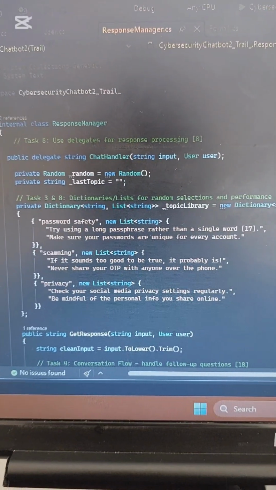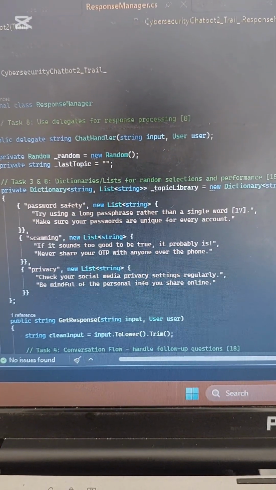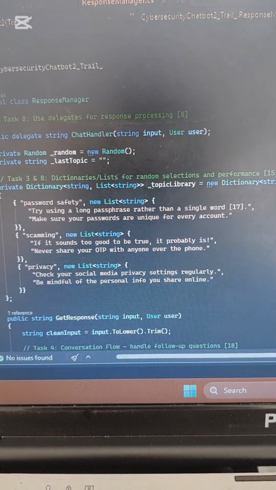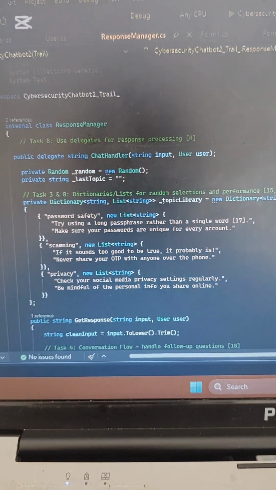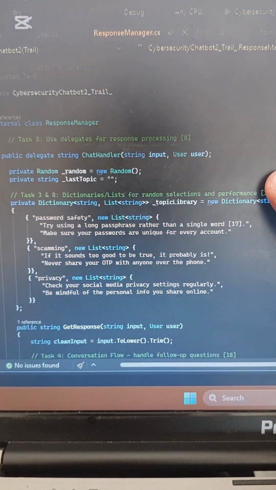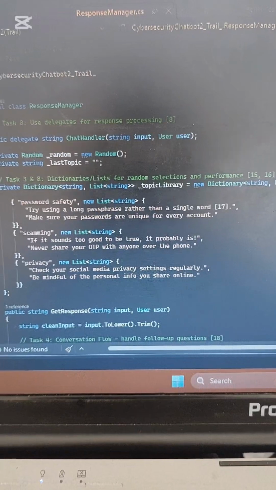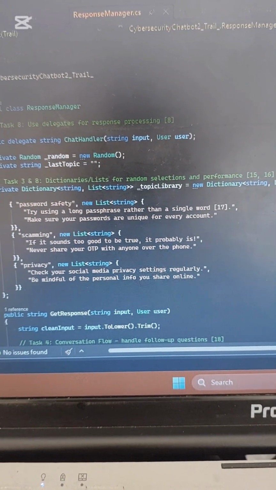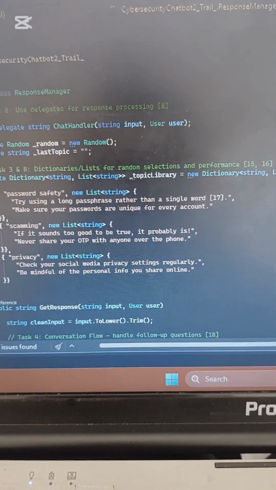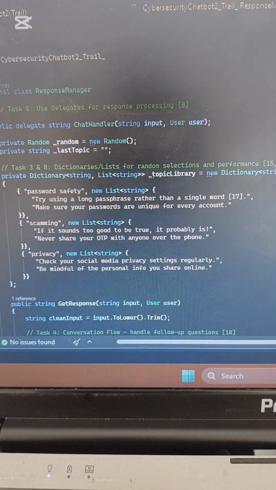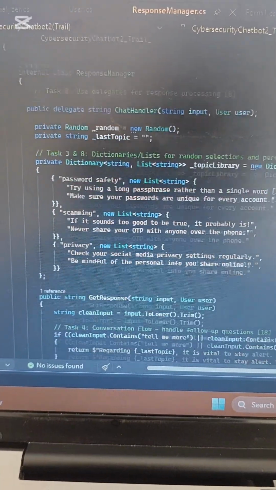This is the response manager class, which acts like the brain of the operations. This optimizes the performance and the readability. I implemented, as you can see here, generic lists and dictionaries, where each cybersecurity keyword, like password or scam, is mapped to a list of multiple responses, as well as conversational flow logic, which can be seen down here.